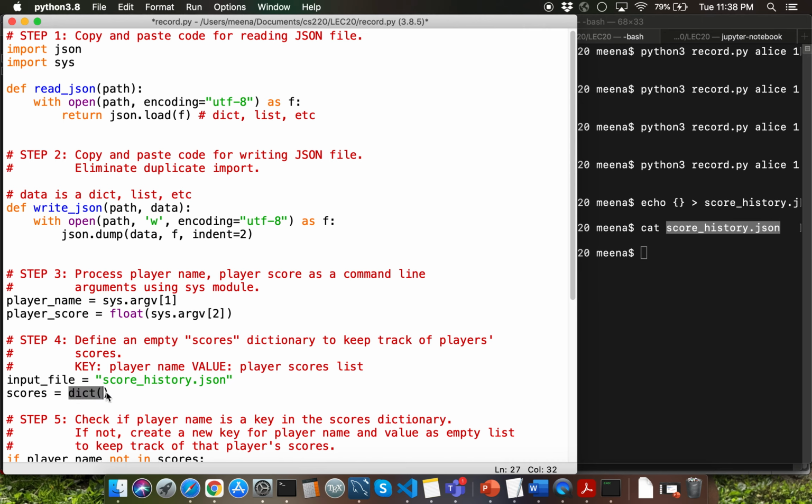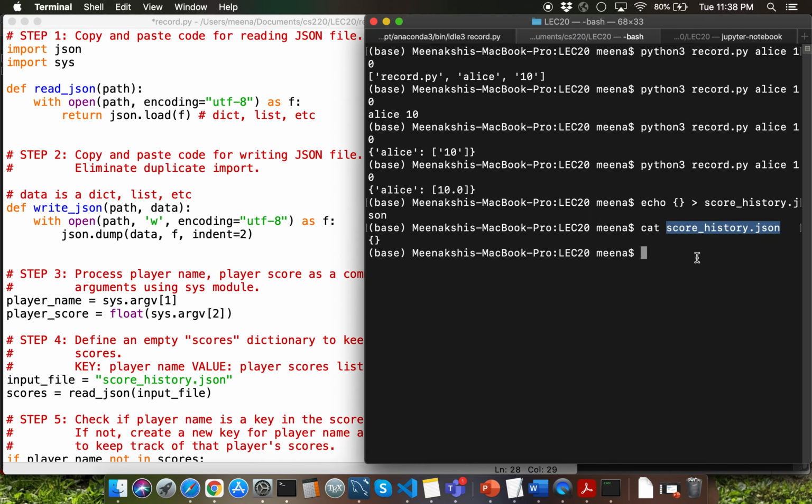Instead of using the dict constructor here, I'm going to use read underscore JSON function call, and I'll be passing input underscore file as argument for this particular function call. That's going to return to me whatever data structure is represented as part of that particular JSON file.